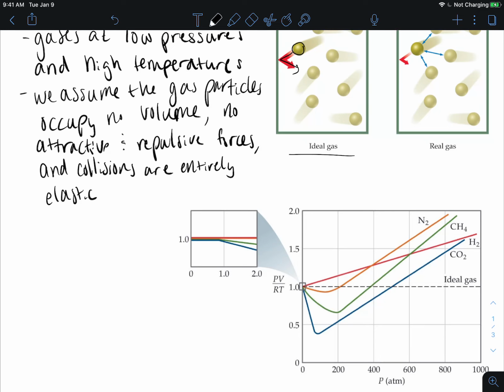So when we increase pressure or decrease temperature, things that are closer together interact more. So in a real gas,